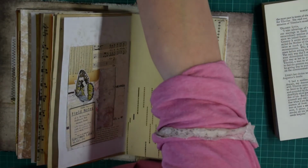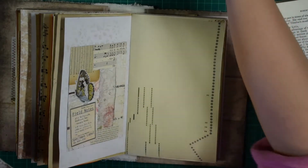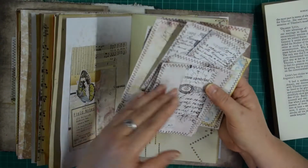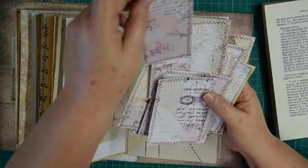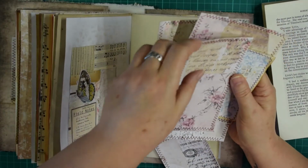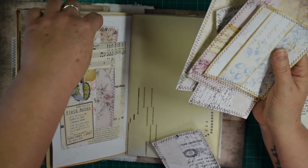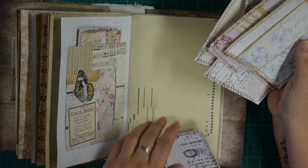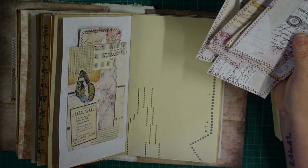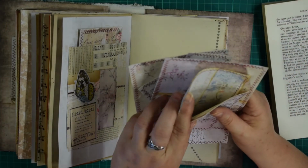That's a pocket, we don't want that. What else do we have? We have these. That's far too big. What was I thinking? Okay, you're too thin, you're too wide, you might be just right. Oh, and then that rose will sit lovely in the window there. Do you know what, I might just leave that as it is, because I quite like that. It's just got a nice rose sitting there, and then